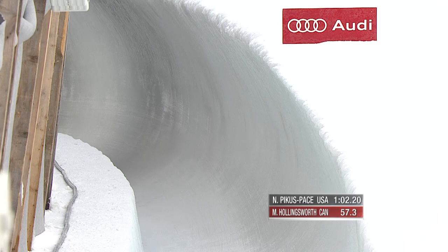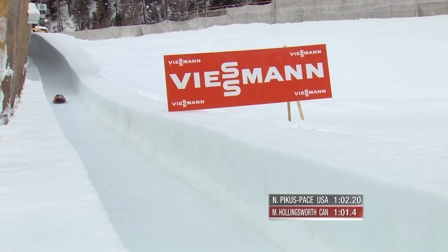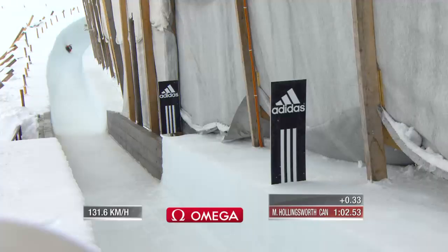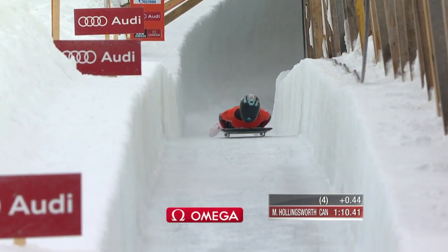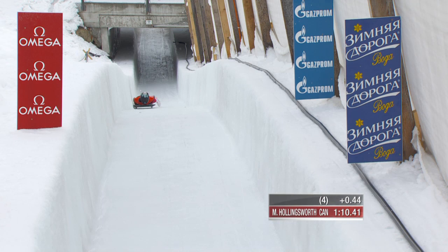A little bit of knee work to make sure. A little late going in on the next. She'll join me in the booth tomorrow. Will she have a medal around her neck at that stage? She's dropped down from 2nd to 3rd position. Is she going to be 2nd or 3rd line? It's 4th place, 1:10.41. Well, definitely within shooting distance of the medals, but yeah, the speed below Horseshoe wasn't what